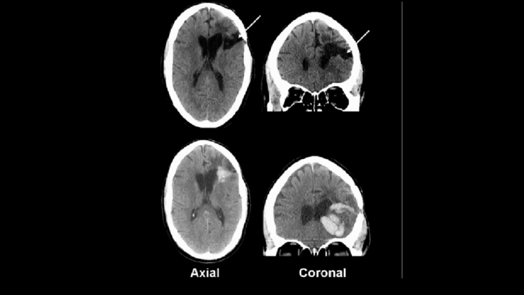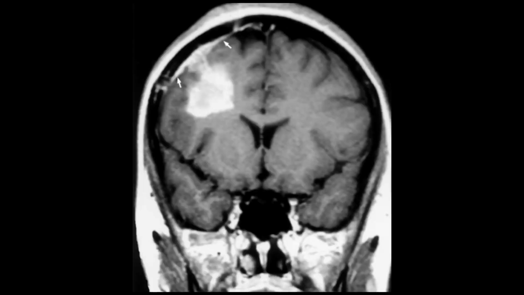A few other examples of the oligodendroglioma on these images, you can appreciate that these are hypodense lesions. On the top images you can see well defined hypodense lesions involving the frontal lobe, while in the axial and coronal images in the lower row you can appreciate that there is dense calcification within the lesion. So on both axial and coronal you can see that there is dense calcification in the oligodendroglioma. Here again, another example for better understanding, a well-defined hypodense lesion with calcification. This is the characteristic of